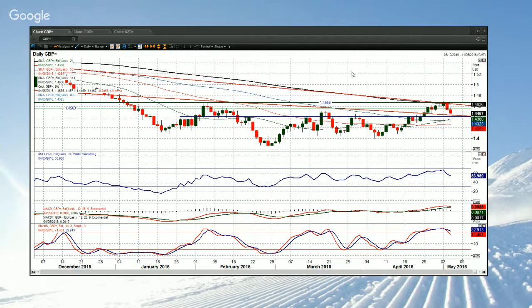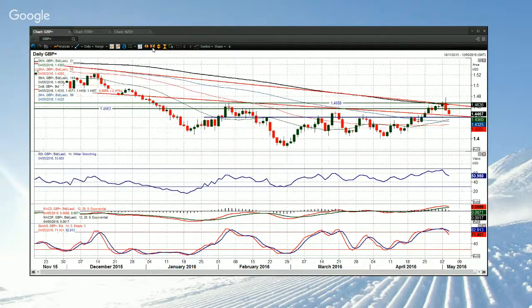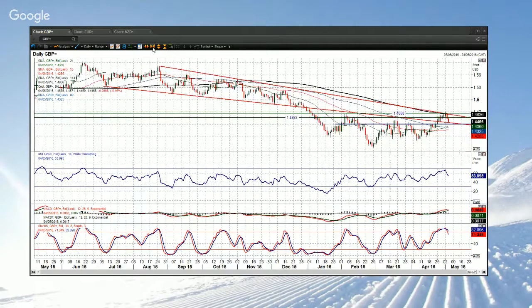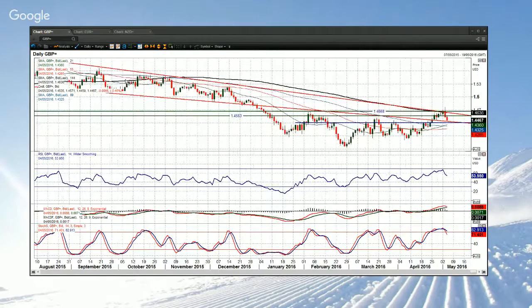My outlook on sterling is more positive than it has been. Again, it didn't quite achieve the breakthrough of that big downtrend, and it didn't get the confirmation break of that move above 1468. So you could argue that it still needs more work on the upside. But my expectation in the coming months is that we're going to see the UK voting to stay in the European Union, and I think subsequently that's going to create a big sterling rally.